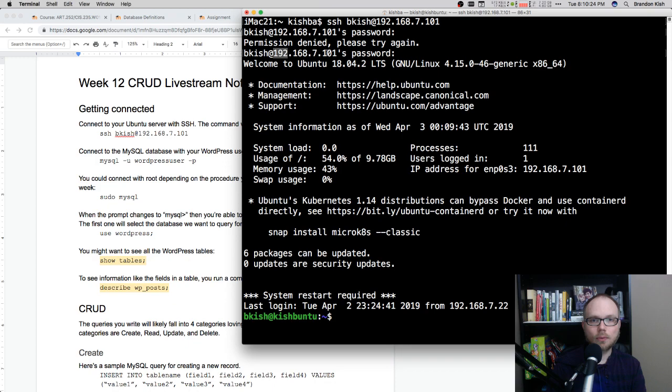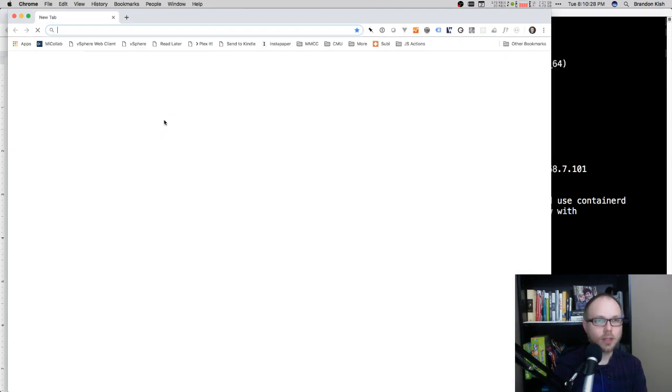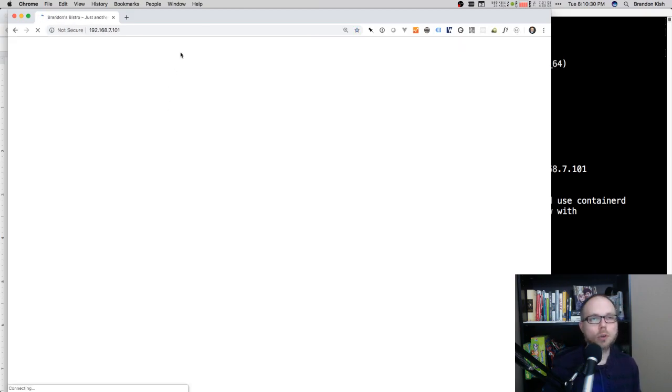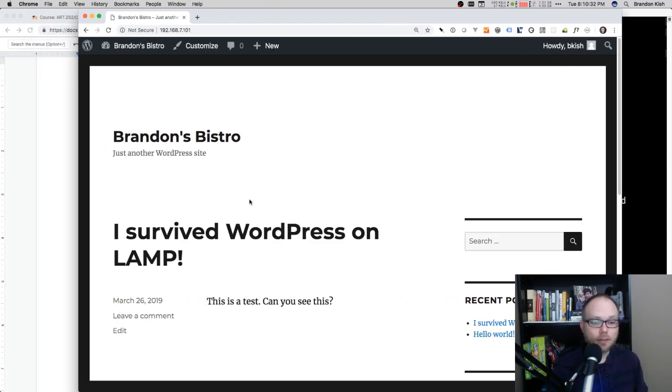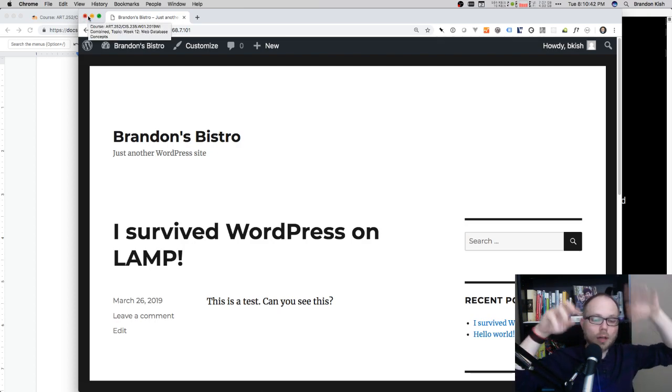And you might find that you have received a different IP address. If you wrote down the IP address, I would actually recommend before you try connecting over SSH that you try to visit that VM in your web browser. Now, luckily, mine still pulls up WordPress. But if this IP address does not work for letting you get to your web server, you might have to go to the VirtualBox and try to log into the VM without SSH, just directly on the virtual machine to figure out what the IP address is.